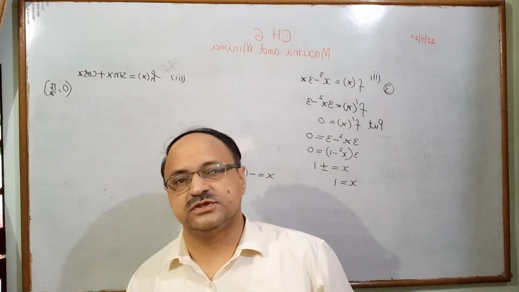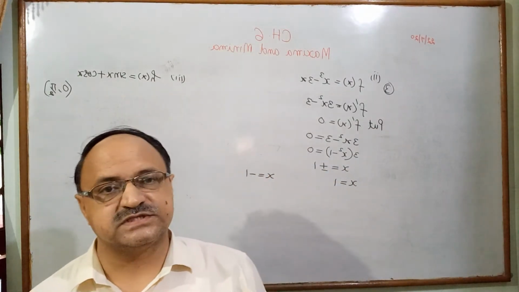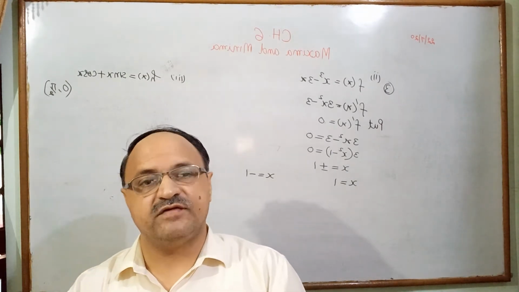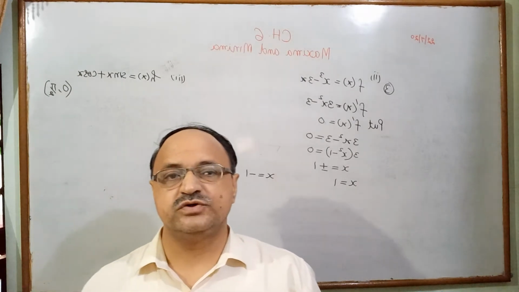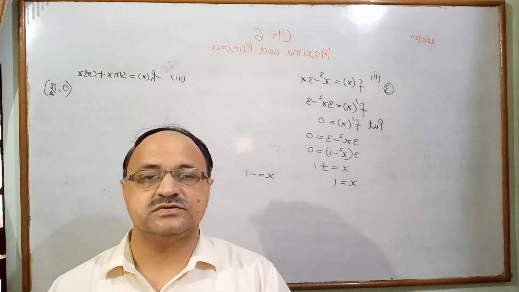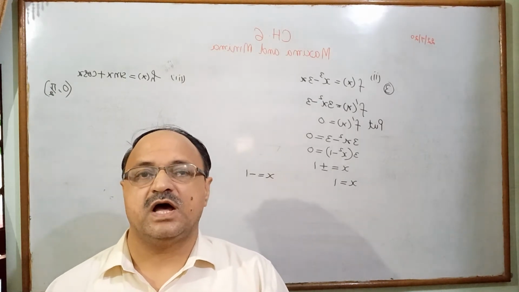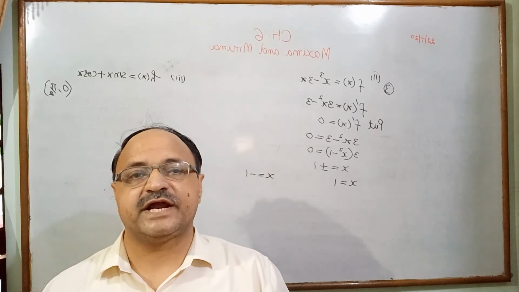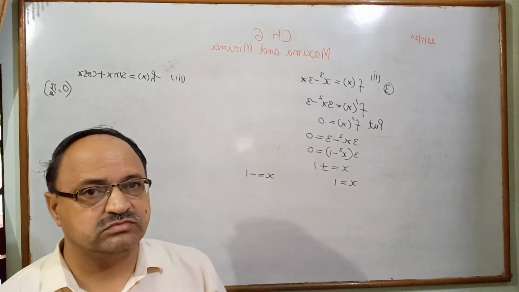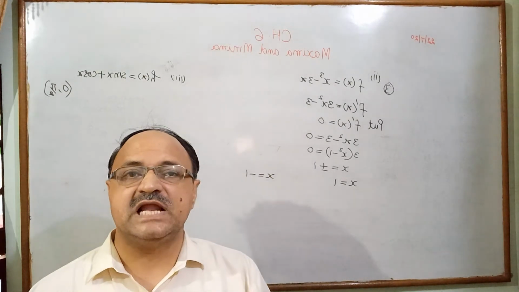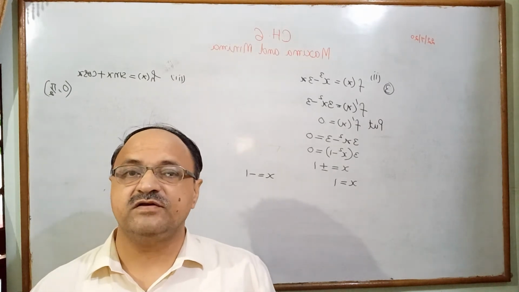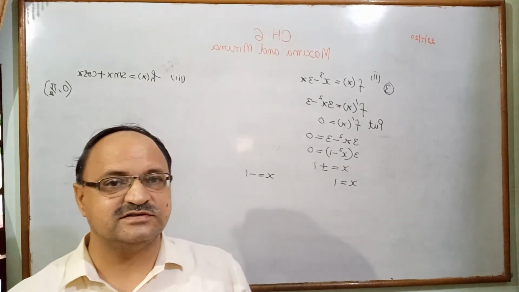We solve this question using the second order derivative test. Firstly, I repeat, what is the second order derivative test? First, find the derivative of the given function. Then put f dash x equal to 0. With the help of that, you can find the critical value, stationary point or turning point. After that, you have to find the second order derivative, and in the second order derivative, you put that value. If the second order derivative is less than 0, then local maxima. If the second order derivative is greater than 0, then local minima. Clear?